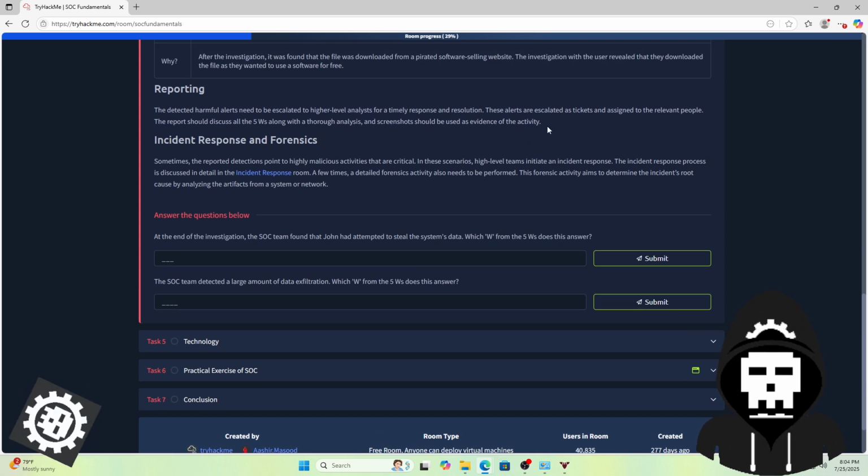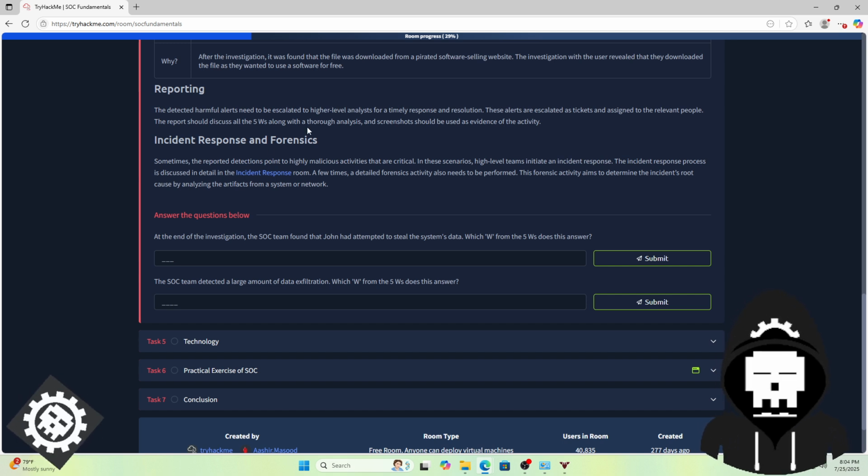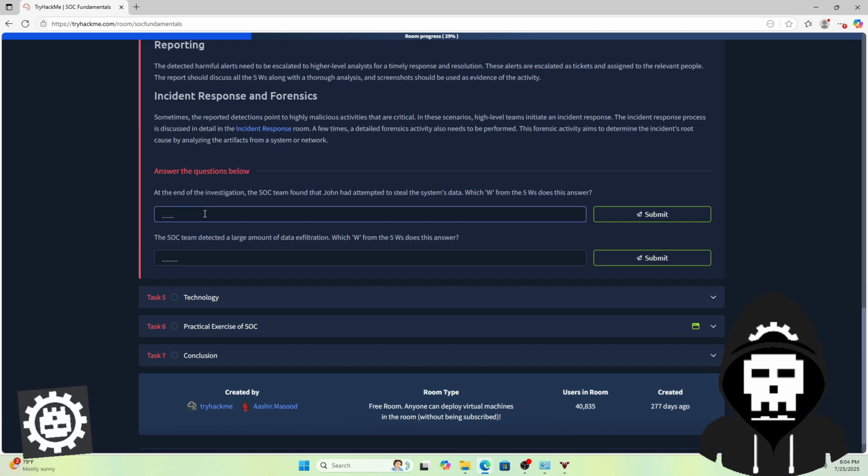But really quick, going back to this reporting, I will have to say that this is 100% correct. We always appreciate the 5 W's. We appreciate screenshots with escalated activities. It's really useful when you have to do those sort of really quick, critical handoffs. So highly recommend that you document thoroughly. And to be fair, I really hate documentation, so just do it.